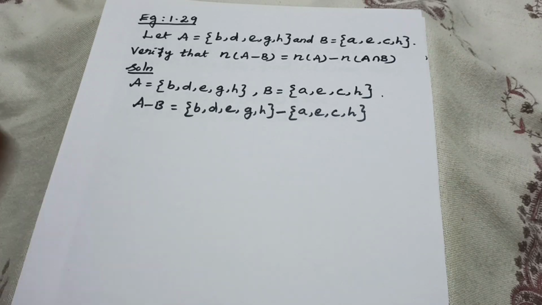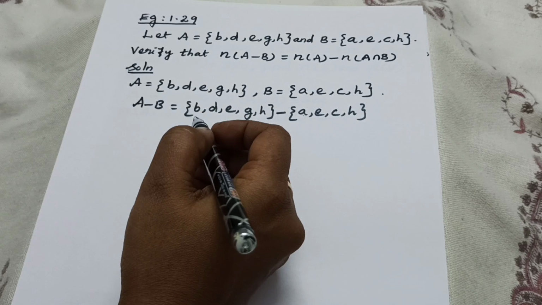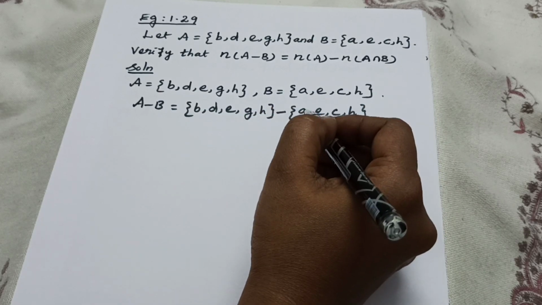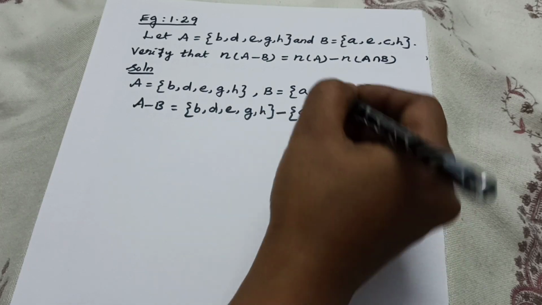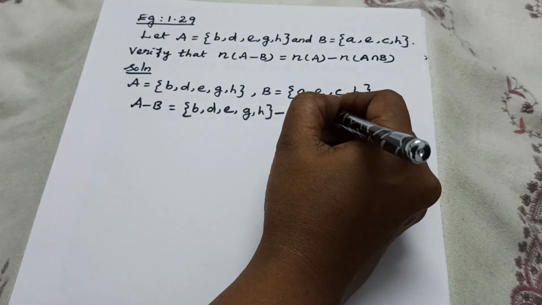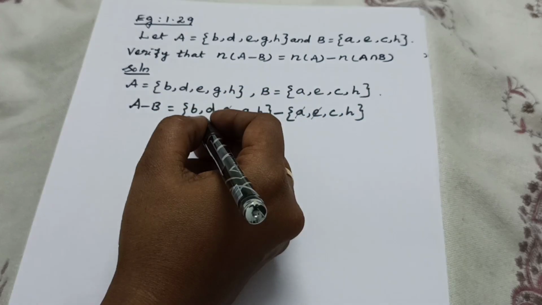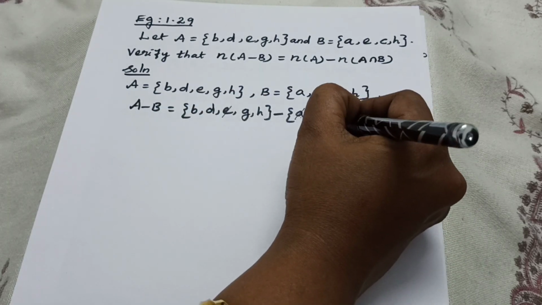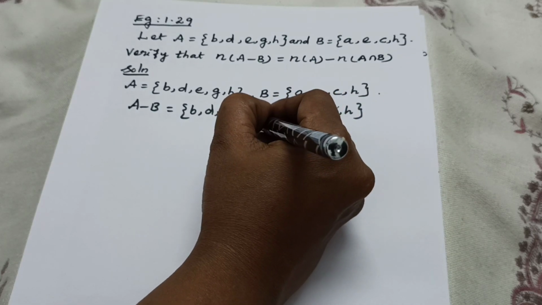Here A minus B means except B, the remaining A values, isn't it? The A value, this small a, is not in the A set, isn't it? Leave it. Shall we cancel this one? Then E is in the A set, so these two can cancel. Then C is not in the A set. This one also you have to cancel, otherwise you will be confused. H is in the A set, this is cancelled.